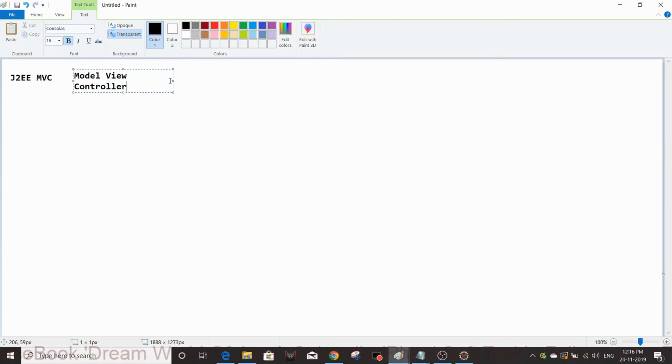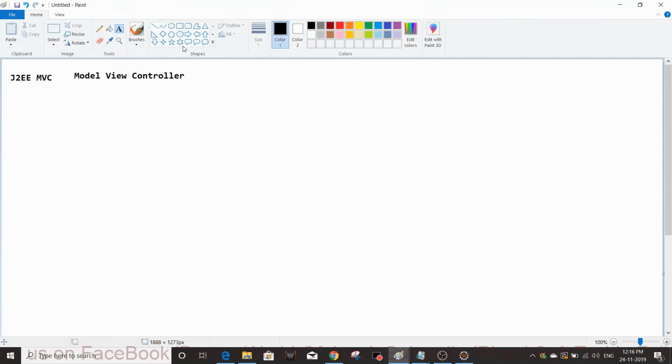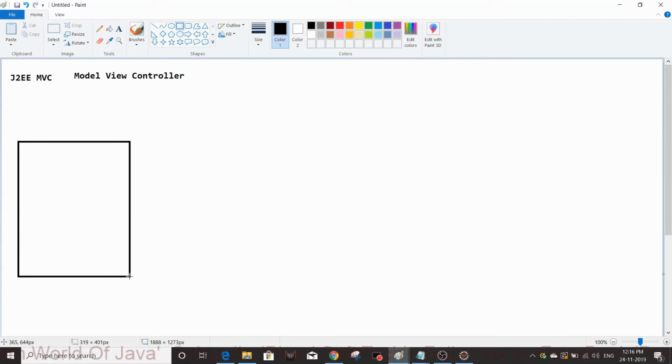It has three parts: model, view, and controller. The request starts from the view layer; the view is the front end, of course.